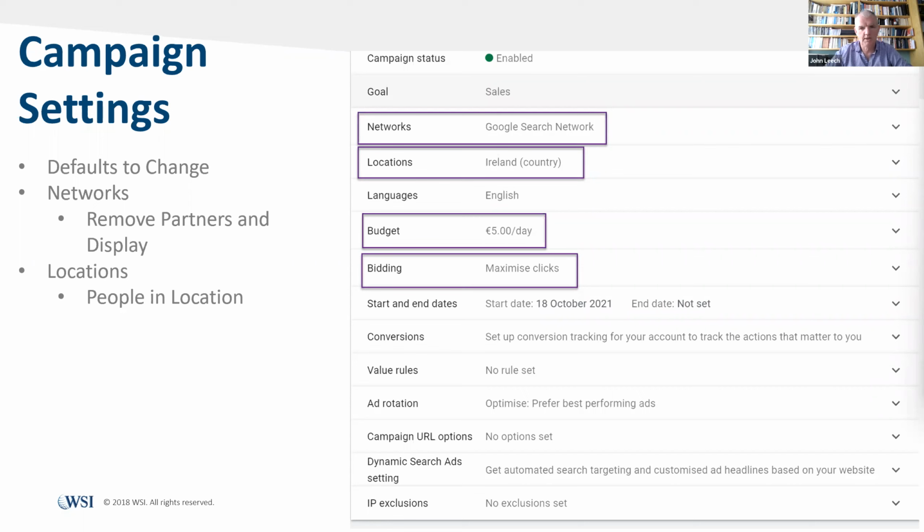Locations: if you're selling in Ireland, you're targeting Ireland. If you're a service business or local business, and it's Louth, Meath, Fingal, you can target as North Dublin. Make sure you get your location matched to what makes sense for your audience. Budget, you can set per day. That can be anything, as low as €1 to whatever. The thing to remember on budget,